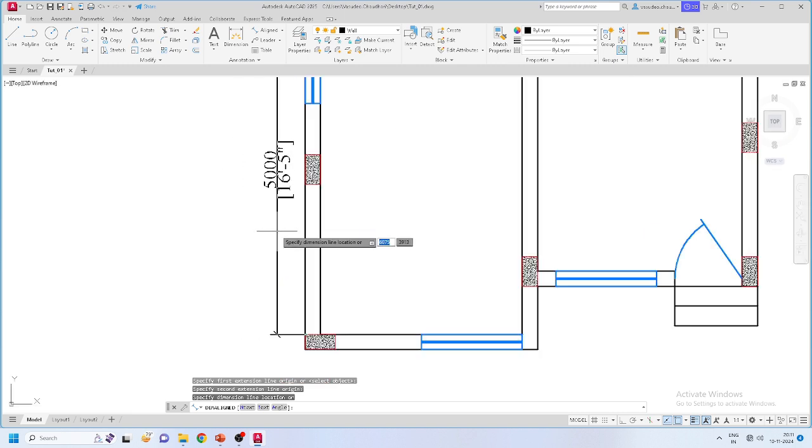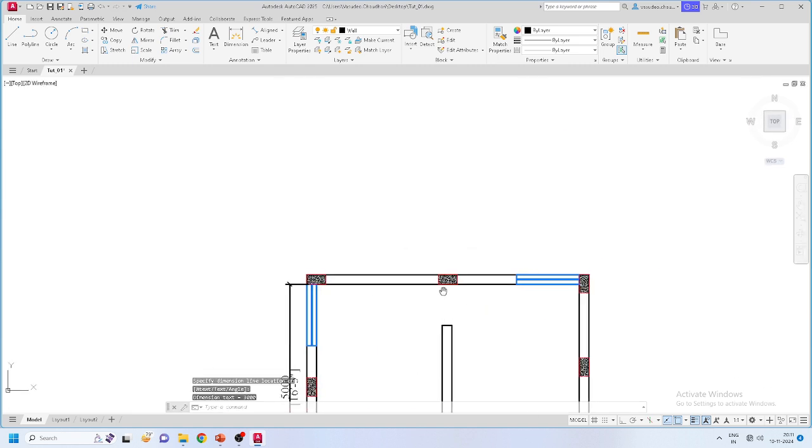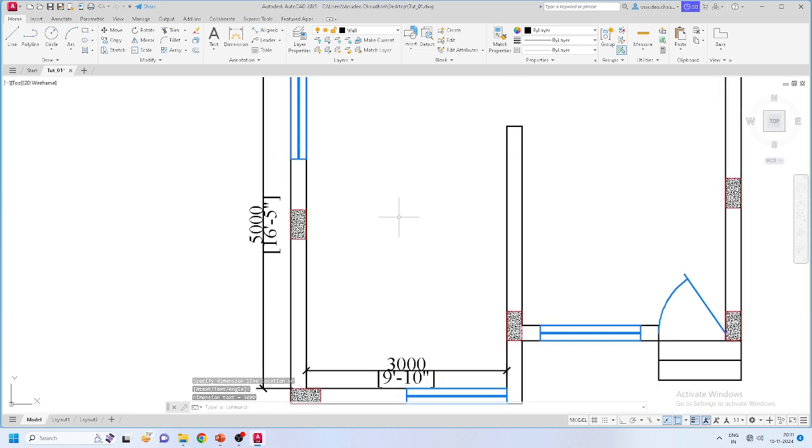That is say 5000 mm, and from here to here it is 3000 mm. So now I should mention that detail here, right? So I'll click on the text. Yeah, this should be in dimension. I think we already created one layer for that. So you be in that layer and then here you type